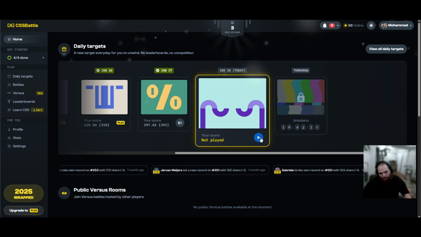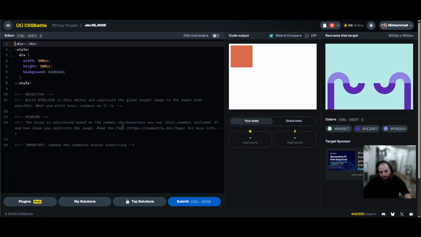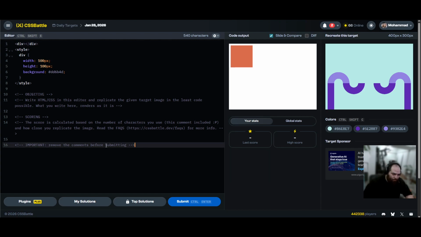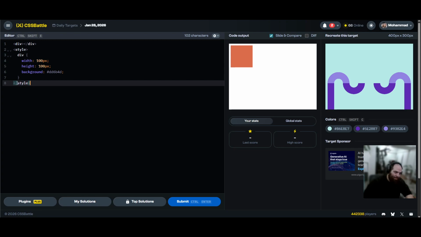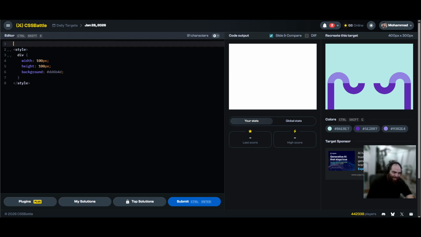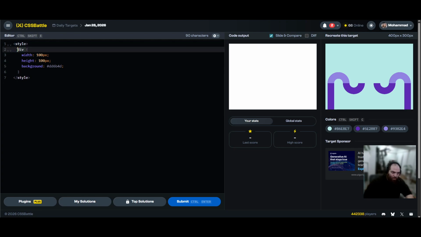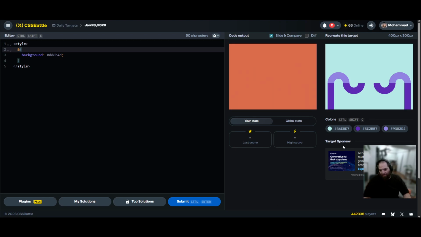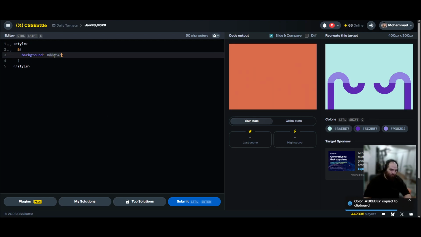We got some squigglies. Okay, let me get the environment set up and then we can talk about the approach. I'm going to get rid of these and then take that background and apply it here. So it seems like we got ourselves